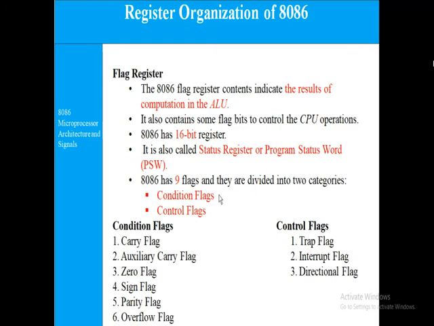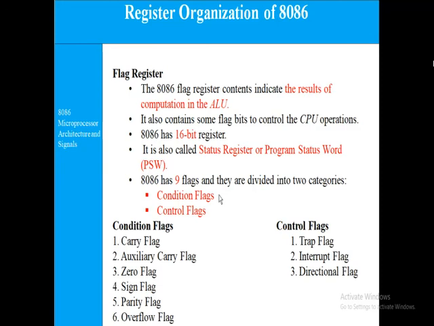After the operation, the result will be reflected on the flags. It uses a 16-bit flag register, and these flag bits are used to control the CPU operation. This flag register is also known as the program status word, PSW, or status register.